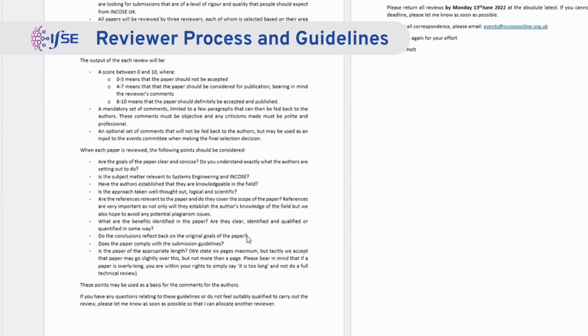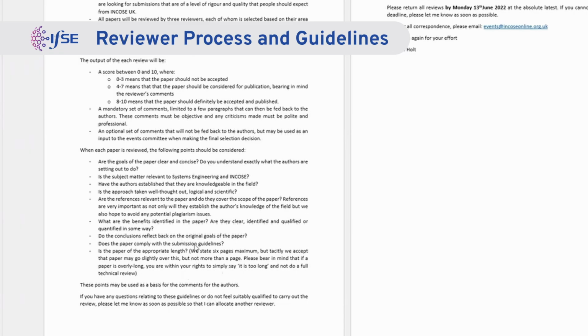We always say, even when you submit your first draft of the paper, please do it using the template. Because if you don't, we can't get an accurate appreciation of the length of the paper. And so, as I say, this happens every year. People get upset because their paper has received a very low score, and in many cases, it's because the paper has gone over the length. So that's really important, you have to bear that in mind.